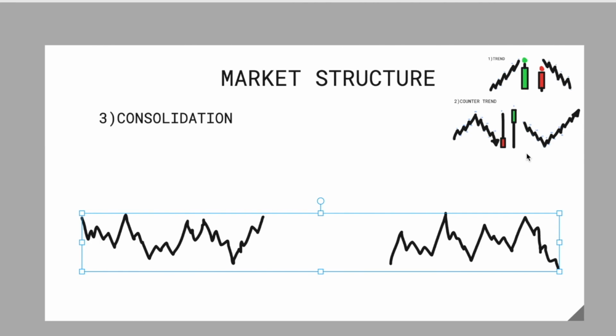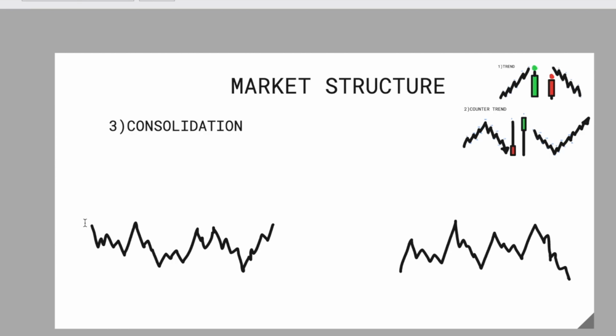So it will create structures on a lower time frame, but on a high time frame, it will stay in a zone, in its own structure. So you can mark it down. So this is our high, low,